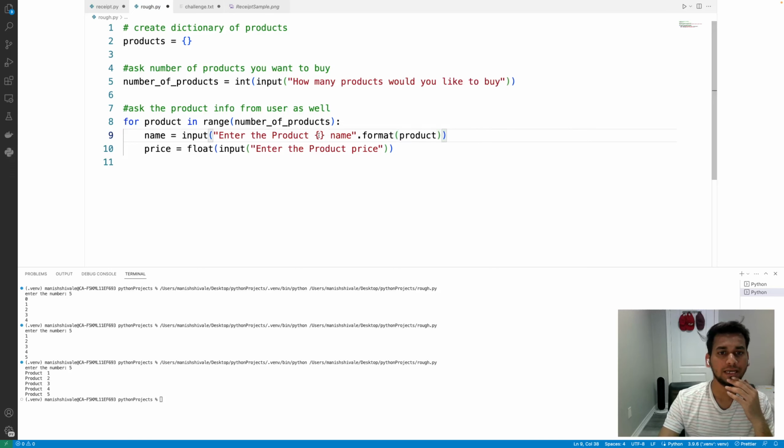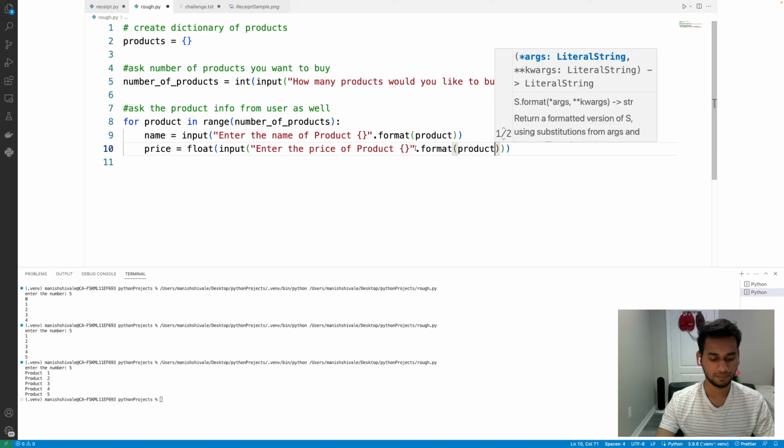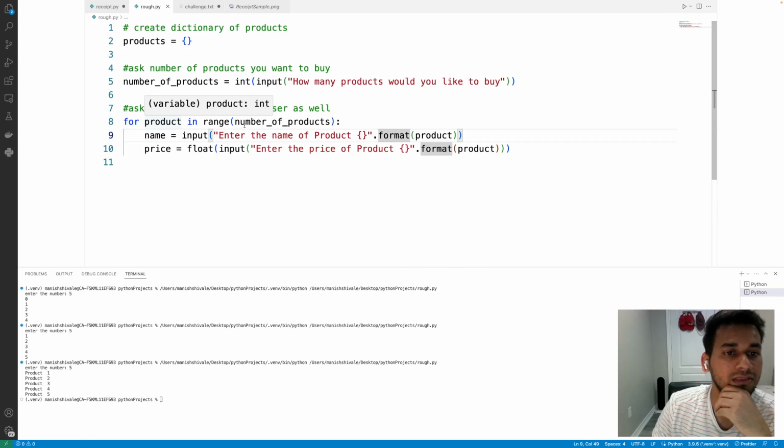I simply want here, suppose, enter the name of product 1. Similarly, you'll say enter the price of product 1, so that it will be more meaningful. And I will say product, but you know it,